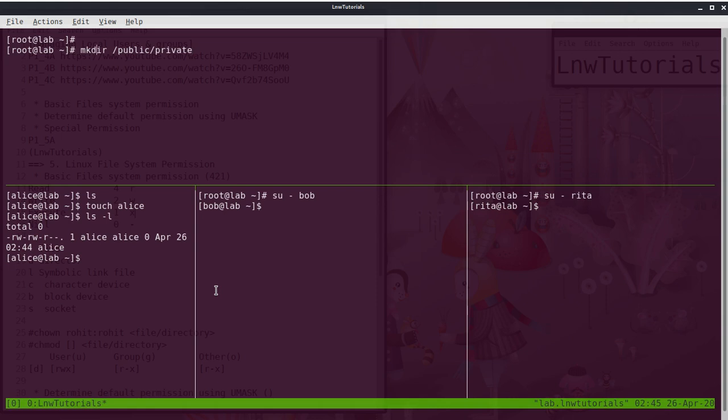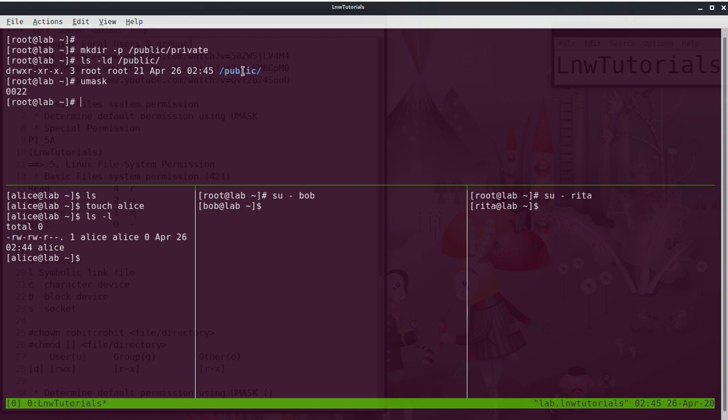As you know, public does not exist, so I use -p for the parent. Now ls -ld for public. As of now, the permission is rwx, r-x, r-x, which means 755, because the root user has the umask 0022.